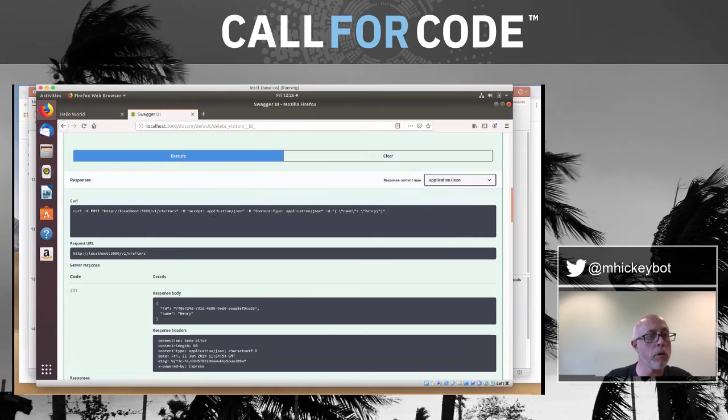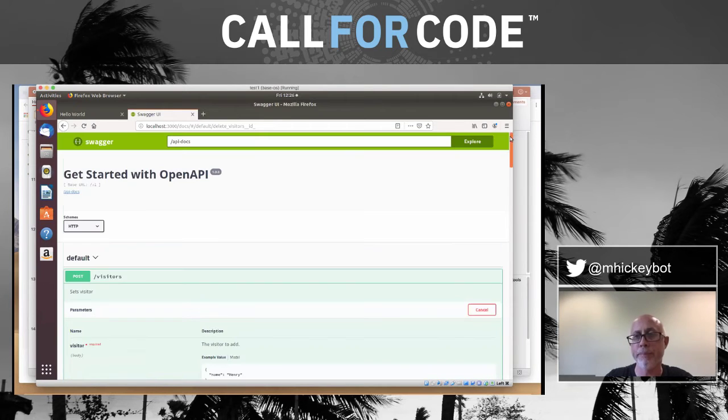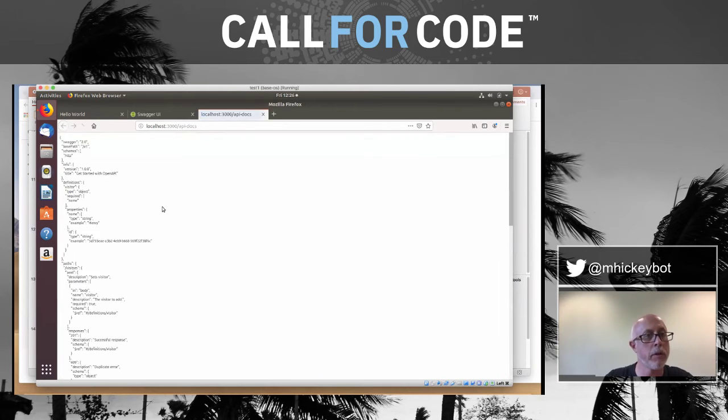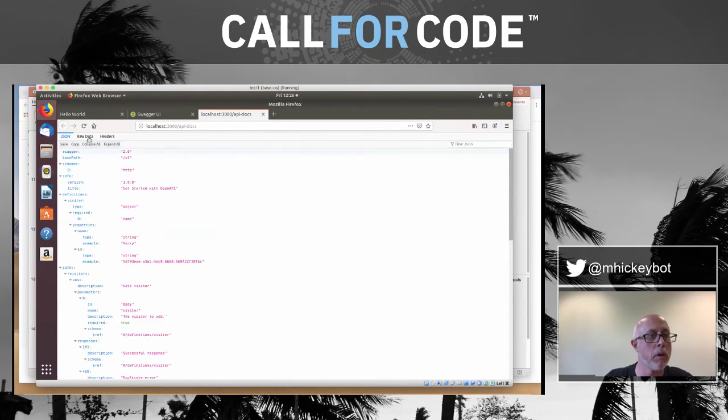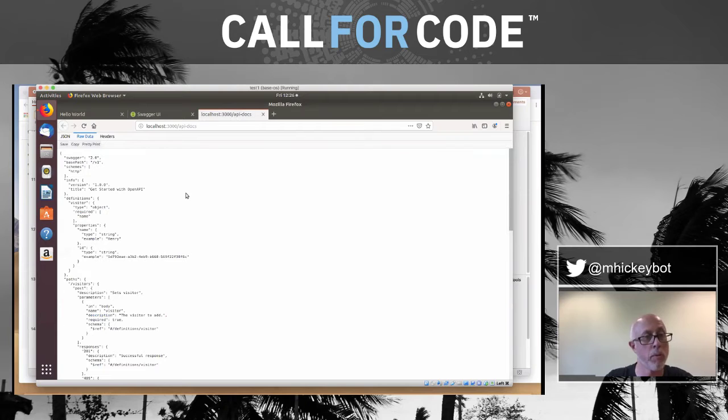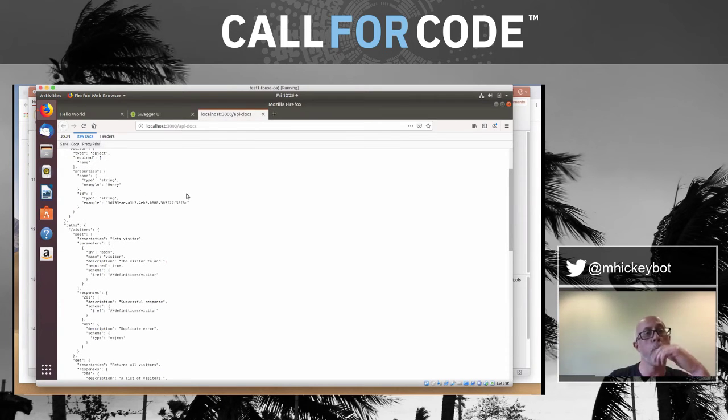Okay, so you can see here there's also a link at the very top, /api-docs. And if you click on that, that shows you your specification, and you can see it in JSON, raw data, headers, whatever you like. So an additional thing that you're providing to the user of your APIs is the specification. That depends on whether you want to make the specification external or not, but we would suggest you do,